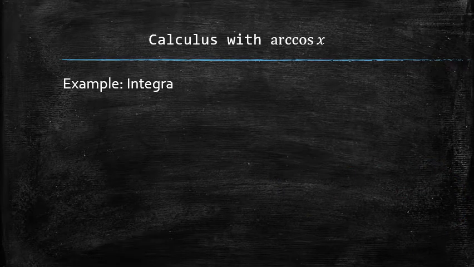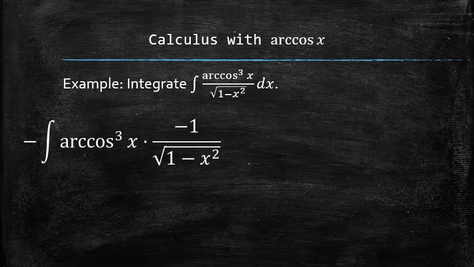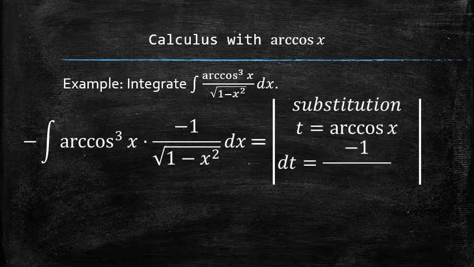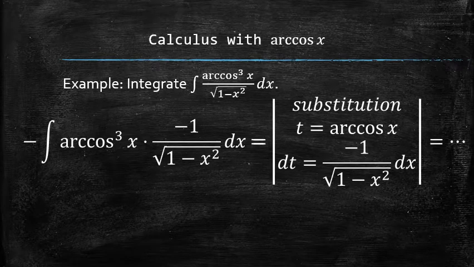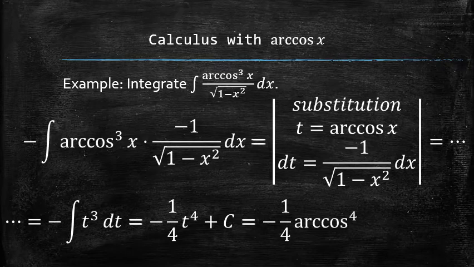Let's do an example of integration. We first recognize the pattern and rearrange the integrand. Then we set up the substitution by setting a new variable, let's say t, equal to the arccosine of x and finding the differential of t. Next, we plug everything into the original integral and notice how, because of the discovered pattern, we have nothing but the function of t left in the integral. We finish the process by finding the antiderivative and plugging the original function arccosine back for t.